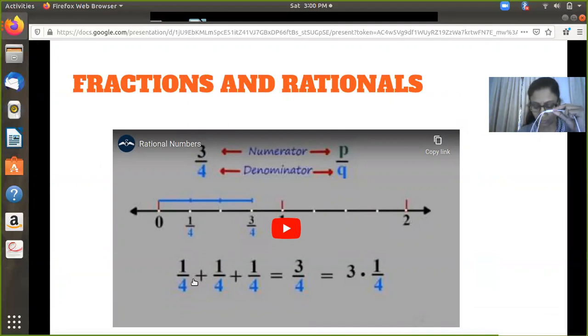This is also something which is known to you already, but still I thought because we are on a chapter on rational numbers, we must once again see that we are aware of what are fractions and rational numbers, why they are different, and how the system evolved. So I'll play this video for you now. I only hope that the audio is available for you at your end. Okay, let me try. I'm just playing the video.